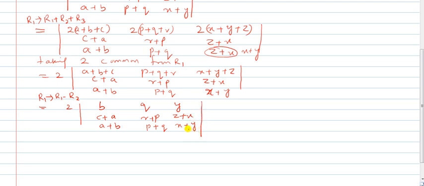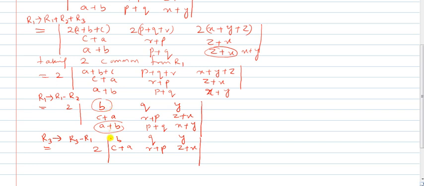Alright, now what I am doing is, I will replace again row 3 by row 3 minus row 1. What I am getting, let us see. Row 1 no change, B, Q and Y. Row 2, this is C plus A, this is R plus P, and this is Z plus X. And row 3 minus row 1. Look at this minus this. What I will be getting is